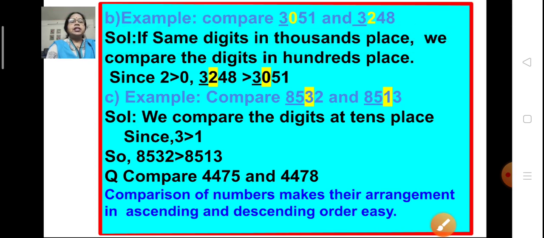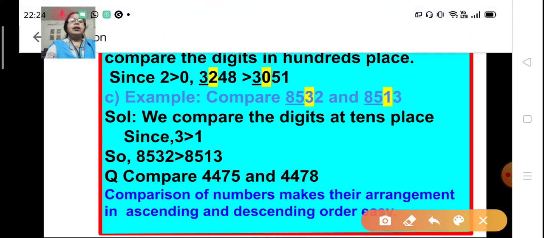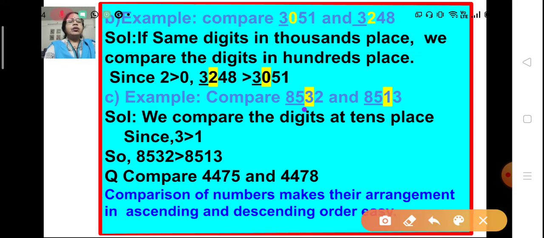Now moving on to the next point, if the digits at thousands and hundreds place are the same, then how do we compare them? If the digits in thousands and hundreds place also are the same, then we move on to the next place and compare the digits in tens place. So here in tens place we have 3 and 1 in these numbers. So 3 is greater than 1. So the number 8532 is greater than